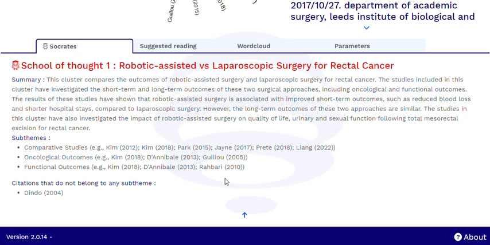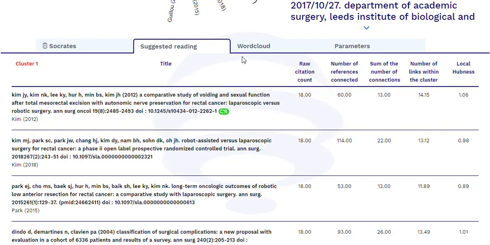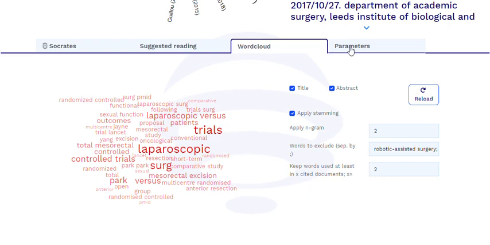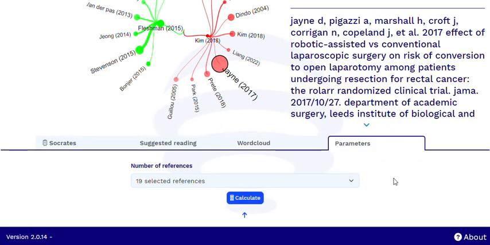That means this is still an important research team, but here you have all the text. You can see you have a 2005 text, which is considered a seminal text of that field, or a 2013 text. And then in the same way, you have suggested readings, word clouds,